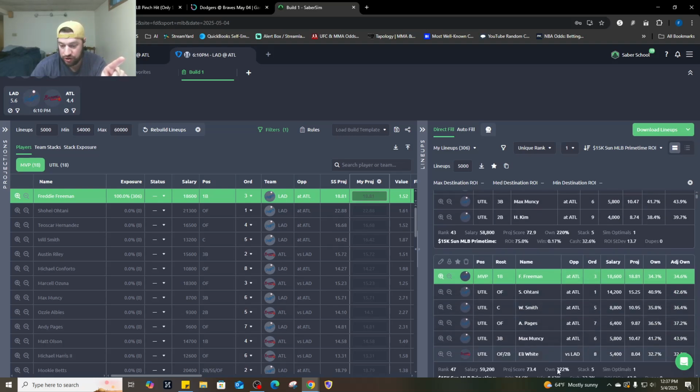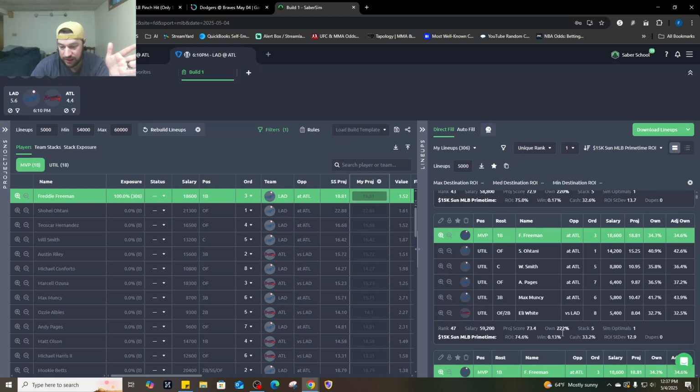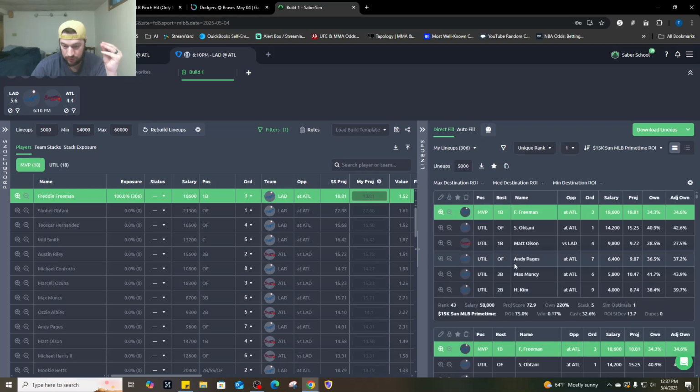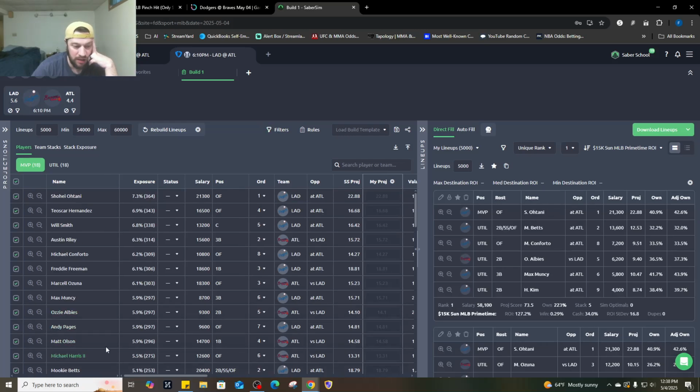Another Freeman one, they changed up with Eli White instead of Kim. And then they put in Verdugo and Will Smith instead of a couple other ones. So that is your look at Freeman there. Now we can look at, it got to get a little bit different. Maybe, so we had Freeman, we had Ohtani in that MVP spot, which makes sense. But if we look at this